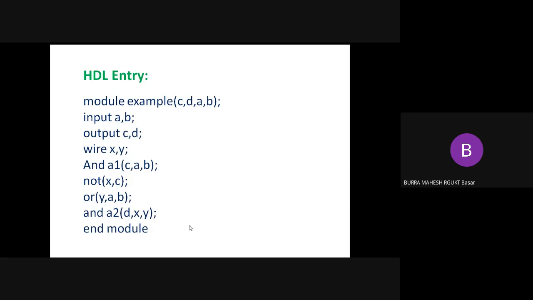Sir, by simply writing and or, it is executing the outputs of or. Let me, if it is clear, I will move to the next concept. Sir, is this a sequential execution process? Not exactly. Verilog is a concurrent execution language, not a sequential execution language. Why it is said like that, you will know in further classes.